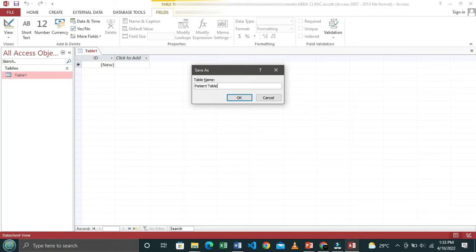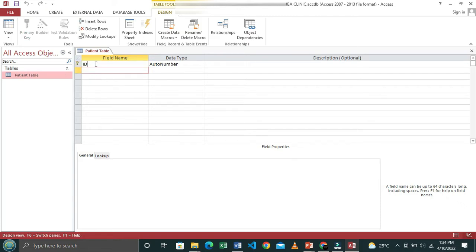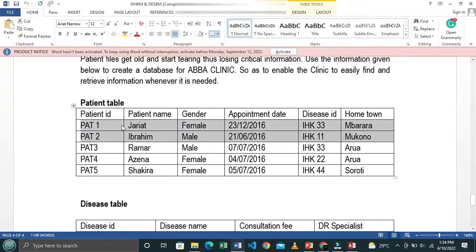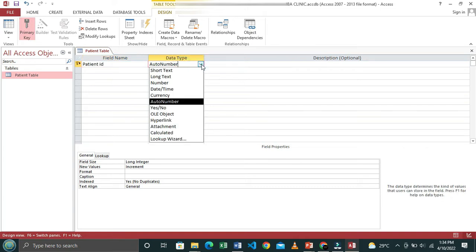I press OK, enter. So we have a primary key, it is ID. But now if you go to this table, it is patient ID, so we have to rename this patient ID. I'll copy that, I paste it here because of time. So for you, you have to do the typing, then we click this drop down arrow. Of course we have to look for